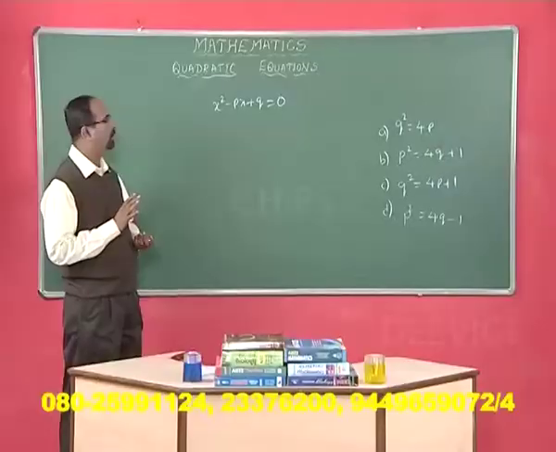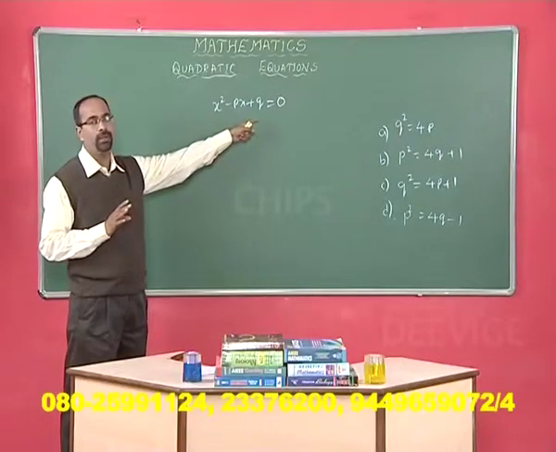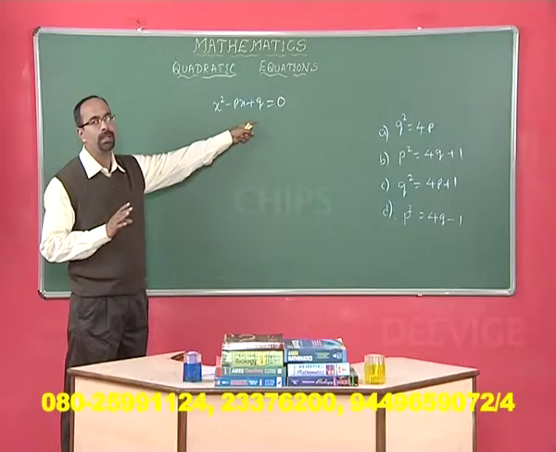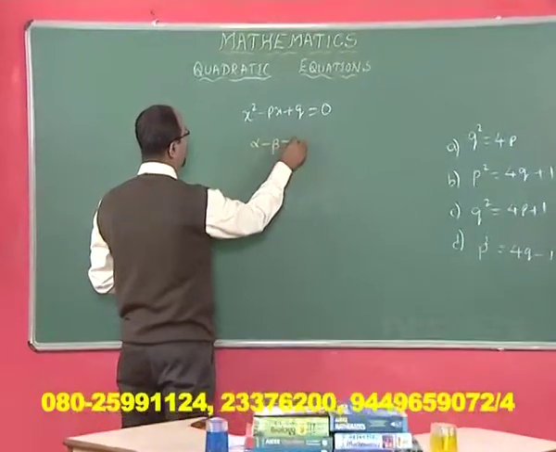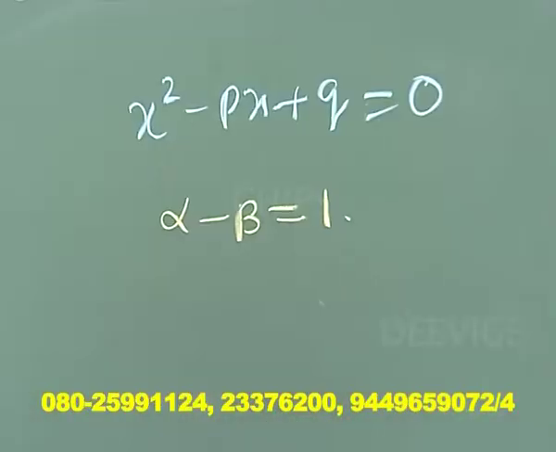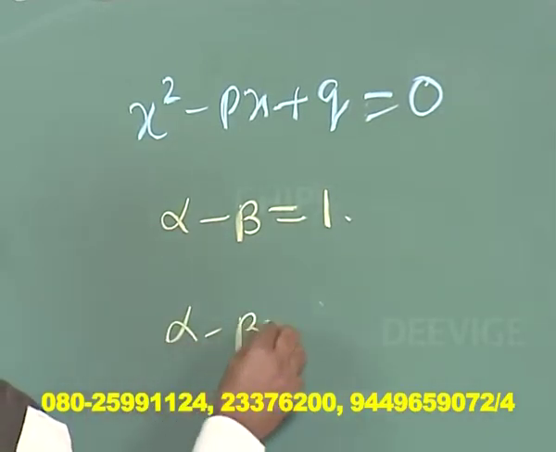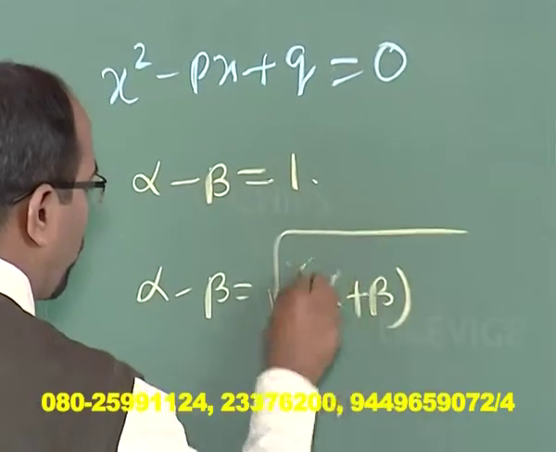Look at this. The roots of this equation differ by a constant. If you go for the standard method, you will be spending a lot of time on this. Let us use some basic common sense here. Alpha minus beta is definitely equal to 1 here, assuming alpha and beta are the roots, because the roots of the equation differ by 1. Now, alpha minus beta is given by the formula root of (alpha plus beta) whole square